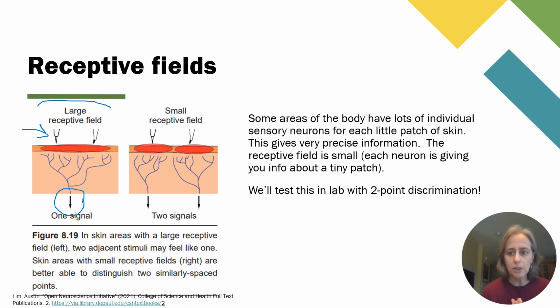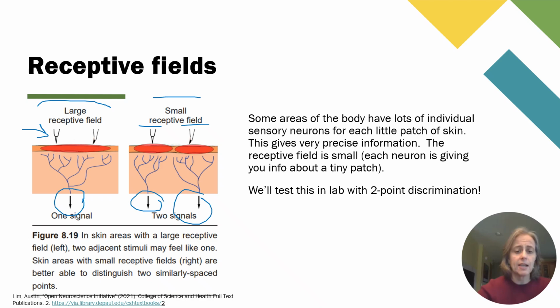If it's all coming into one eventual signal, one retinal ganglion cell in that example, but one sensory neuron, first order neuron in this example, you can't tell exactly where it's from. Whereas if it's a small receptive field, like this example over here, I've got 2 different neurons. So I can tell the difference between something over here and something over there, because that's going to send signals